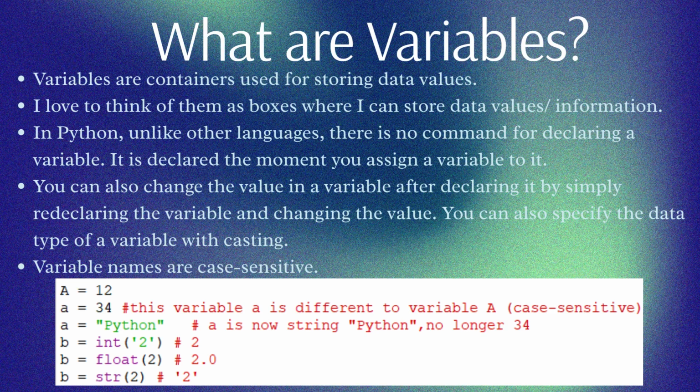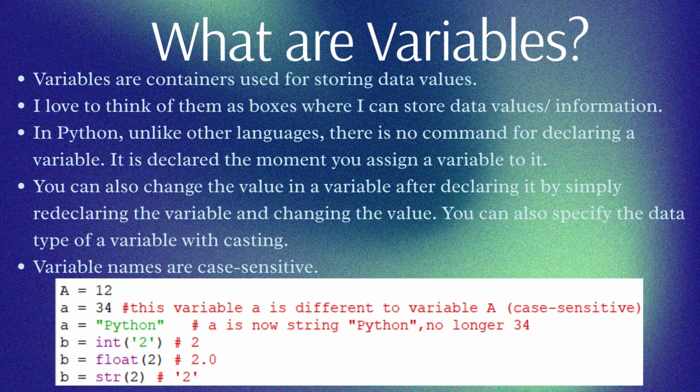You could change what is inside the small a equals 34. You could change what is inside it by just redeclaring it, a equals something else. And at that point, a is no longer what was in it before. It is now the new thing that you give to it. We could have another variable like b. B equals, remember, you can give your variable any name that you want, but we'll talk about the